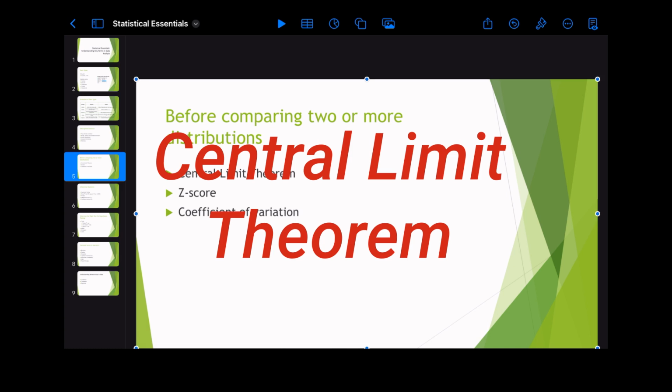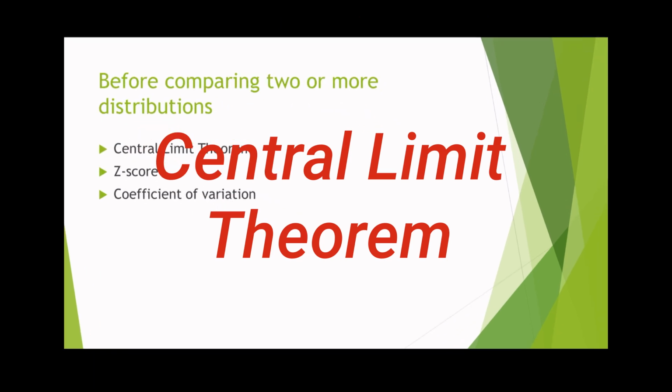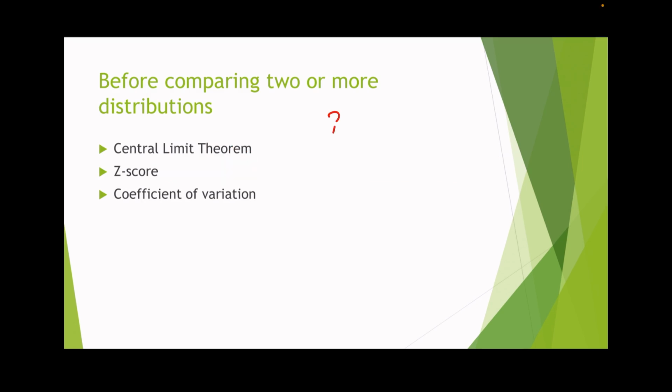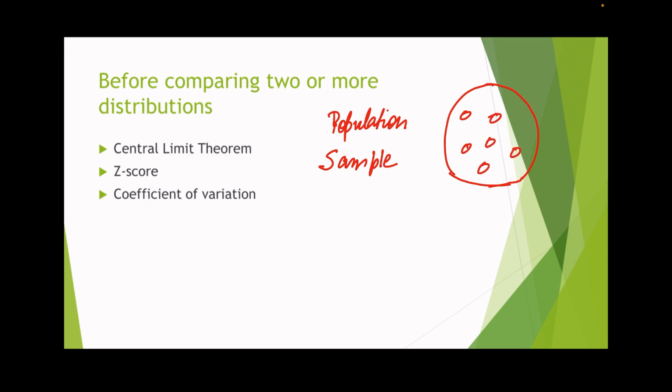And before understanding the central limit theorem, we first need to understand two important concepts: what is population and what is sample. By the name, it is obvious that population would be the entire universe. So, say suppose this is the universe, and sample would mean few observations from the population. For example, if I have to find out what is the average weight